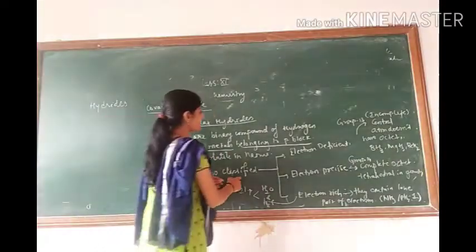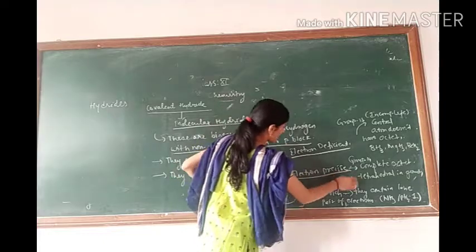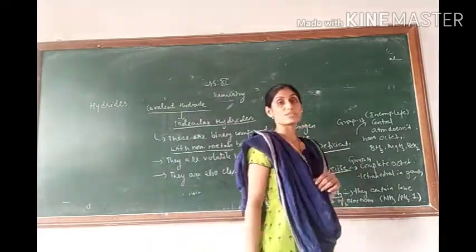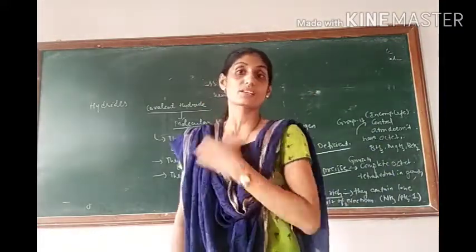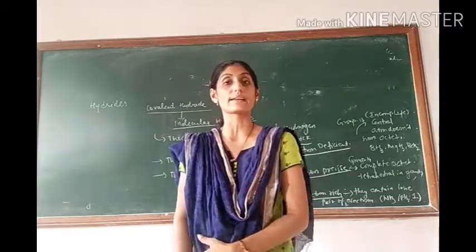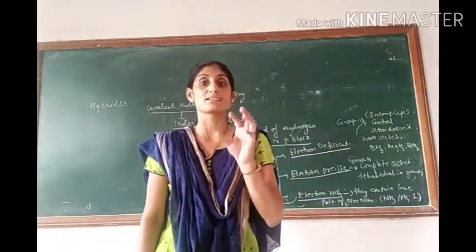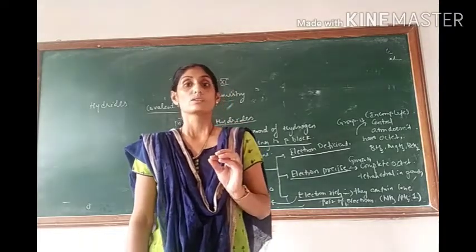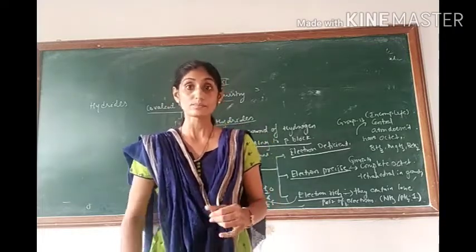Now they are also classified as electron deficient molecular hydride, electron precise, and electron rich. When we talk about electron deficient, group number 13 elements form them. Electron deficient molecular hydrides, that means deficient, उसकी कमी है. तो जो भी सेंट्रल एटम है which containing the incomplete octet, तो उसे बोलेंगे electron deficient molecular hydride.